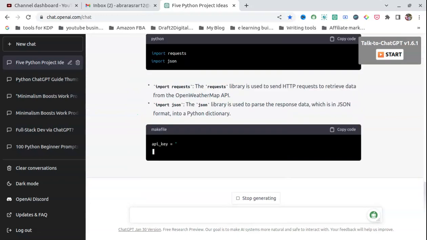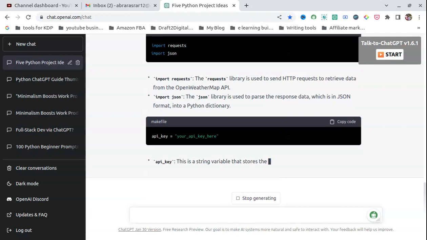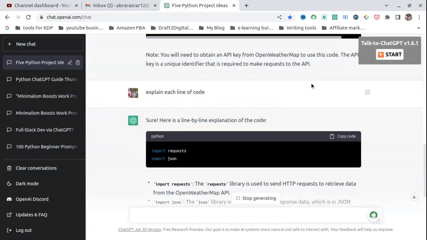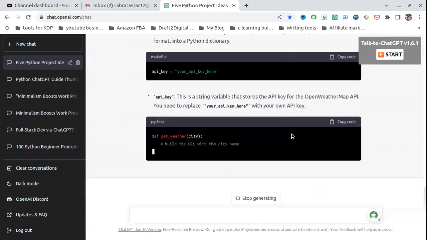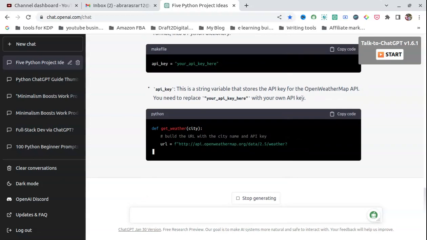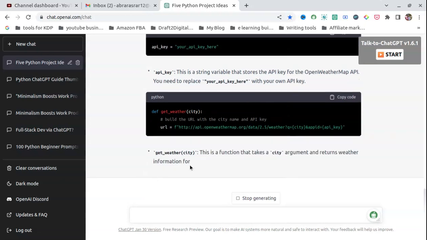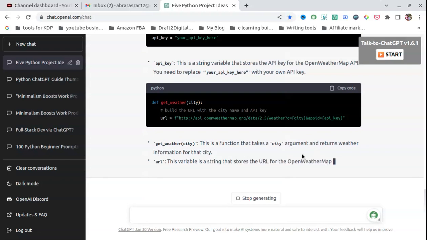Okay, import requests. So each of these, it is explaining. This is a string variable for the API key. Then it is explaining this function, the arguments that we have to give.